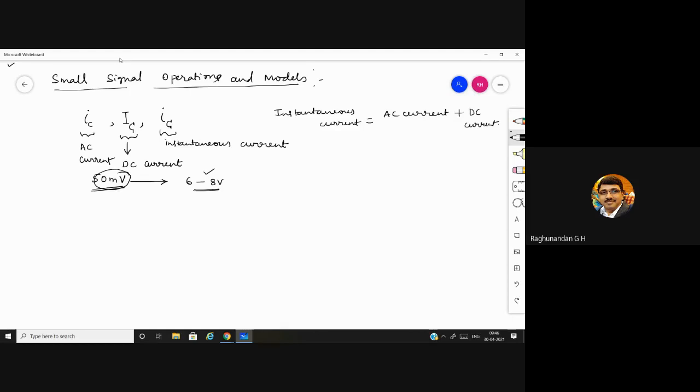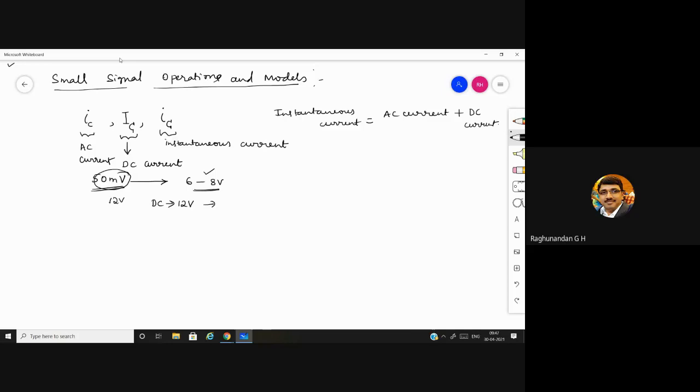Now you are telling that 12 volts. See, if you give 12 volts, you will not get output as a sine wave, because that is DC. How much are you giving as the DC supply? Anybody remembers? Plus VCC was how much? 12 volts, sir. Yeah, 12 volts.